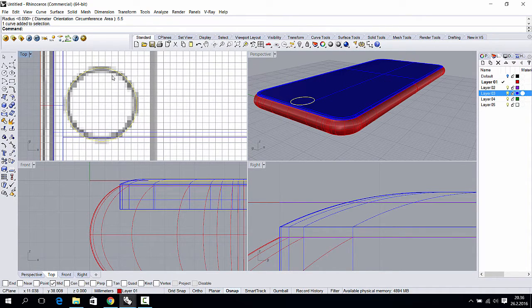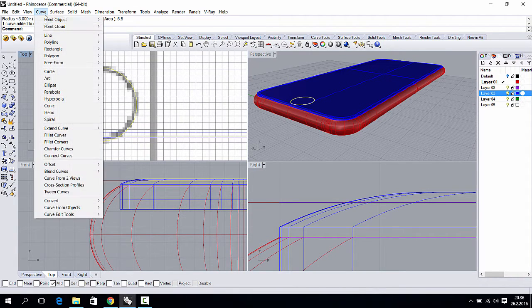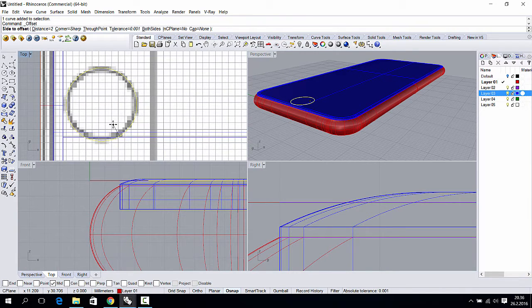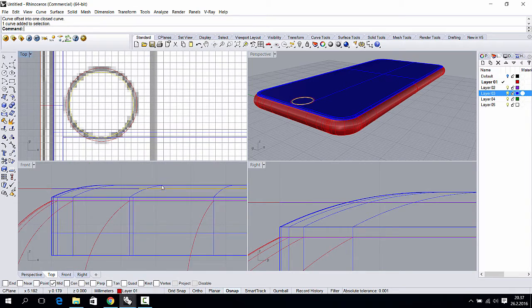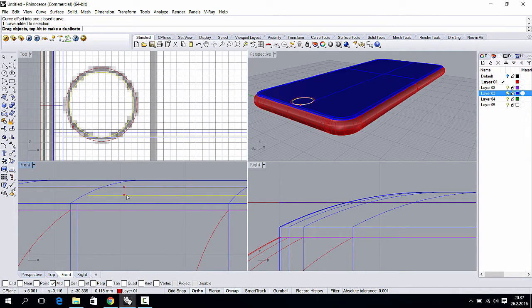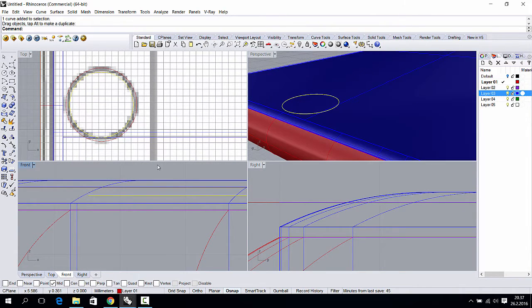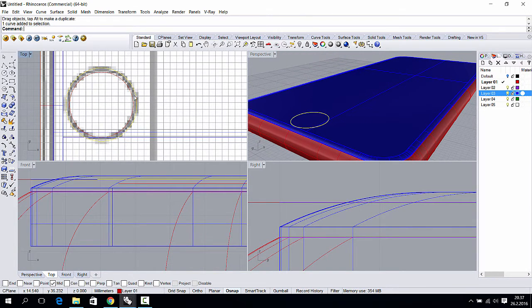And then there is an inner part, so let's use offset and maybe offset 1 millimeter. No, 0.5 maybe. 0.6. Okay, and just move it a little bit down. So now we can